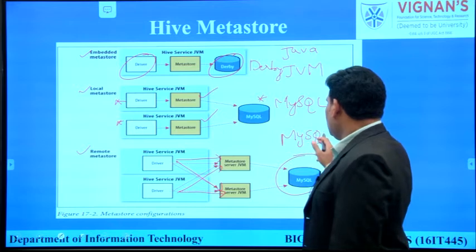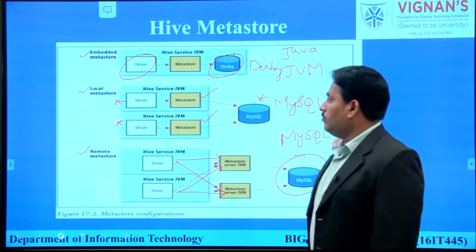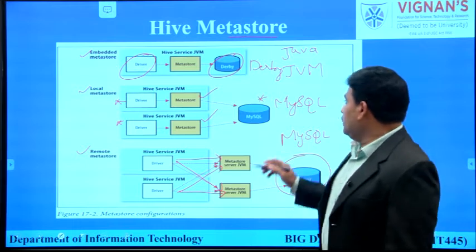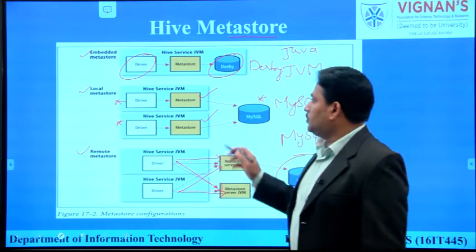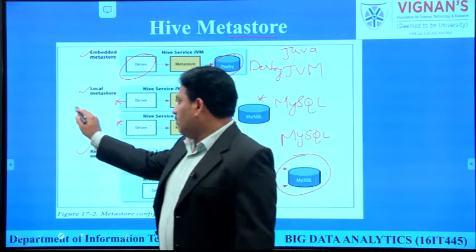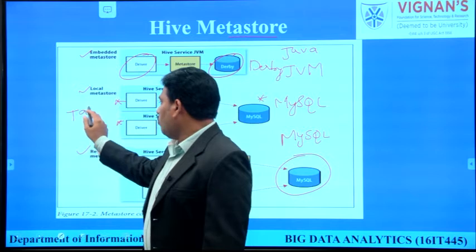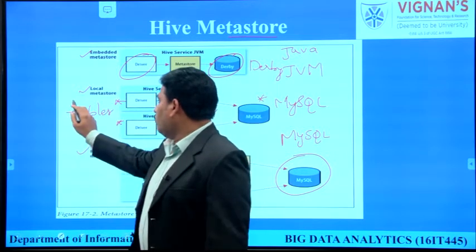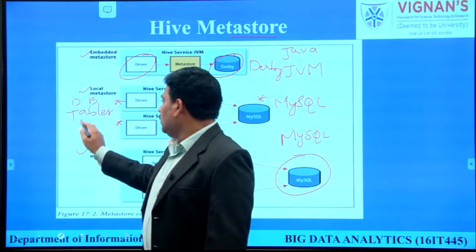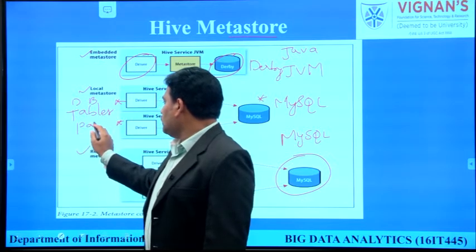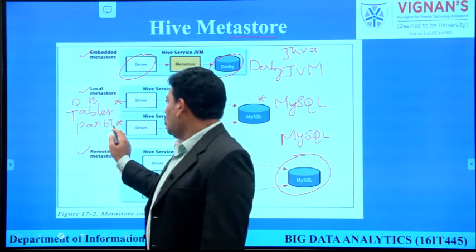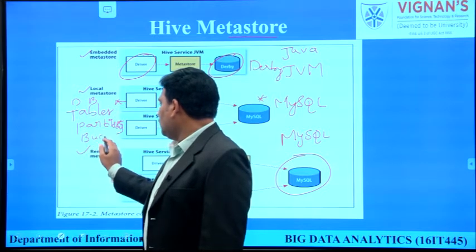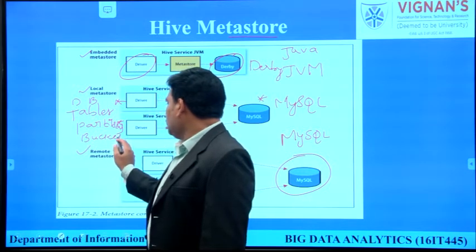So the main objective of the Hive metastore is to store the basic information of tables. That means what tables we have created in the Hive environment, the list of databases, the list of partitions which have been created on the tables, and the list of buckets which have been created for every partition.